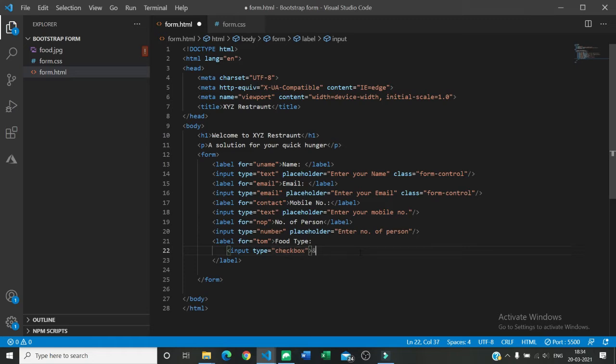Let's use &nbsp; which gives space between two elements, so always make it a practice to use it. So veg, and give some more &nbsp; to create some space.